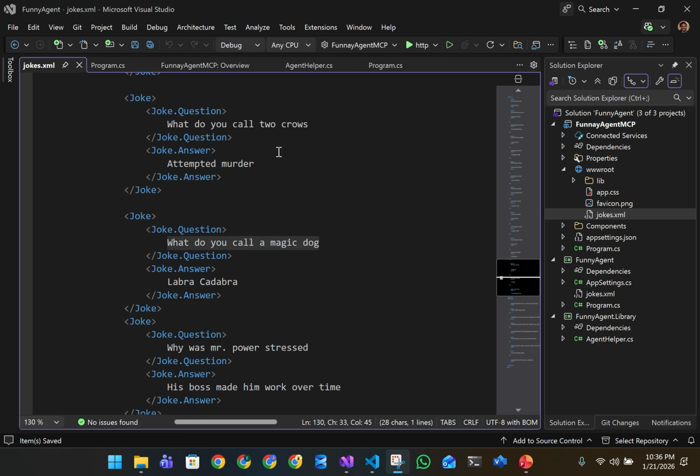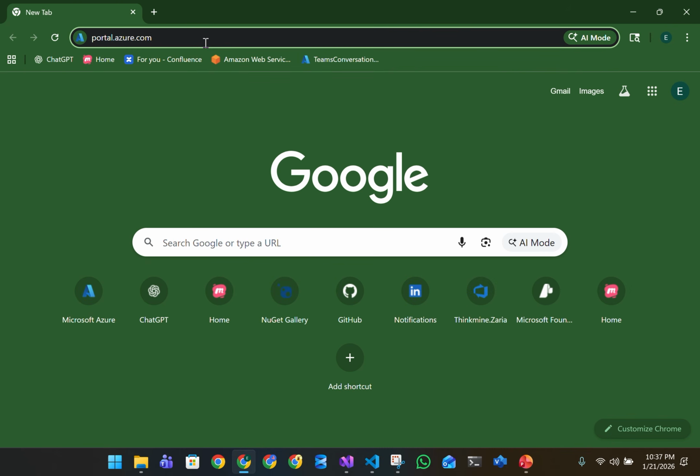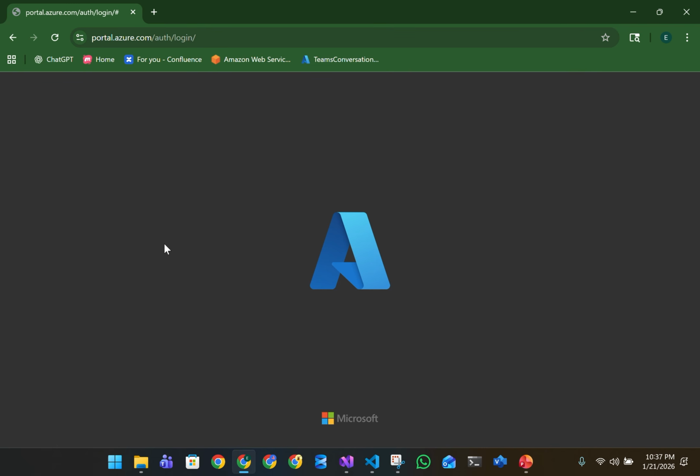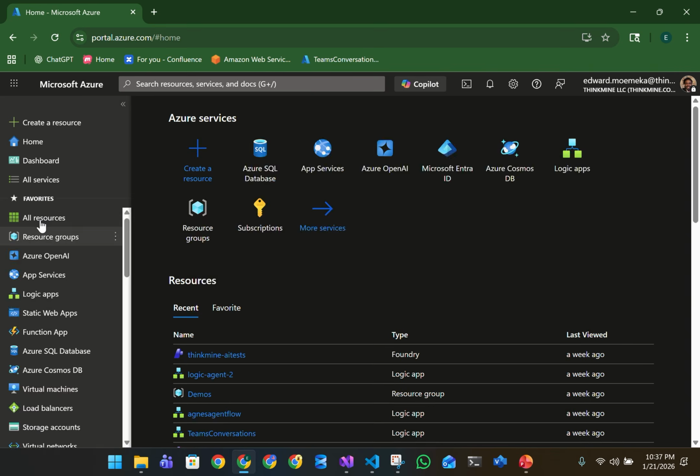that same pattern is possible from Foundry or really anywhere else. The key thing that you have to do is have your MCP server in a location where, when it's configured and connected to, it's able to make those calls, as you saw here in our local host environment. So we can start this step first by going to portal.azure.com, and we are going to